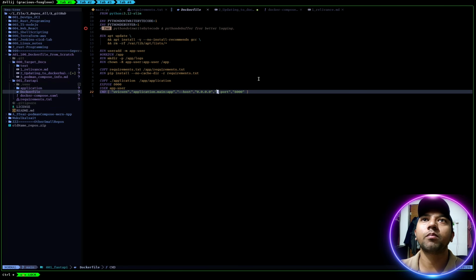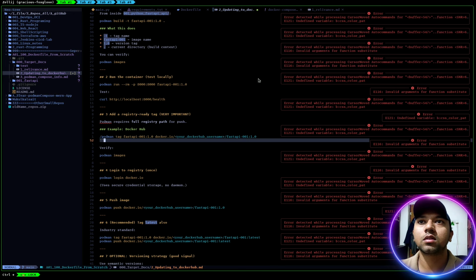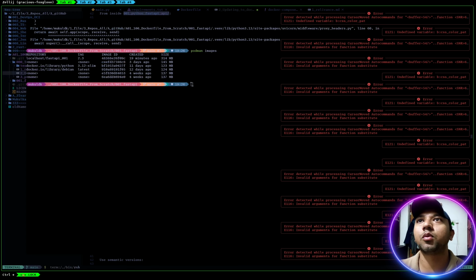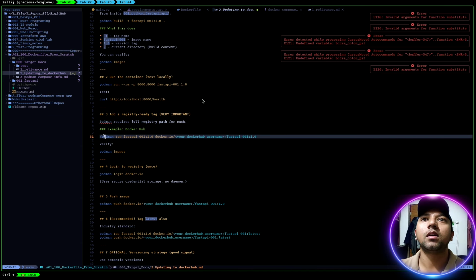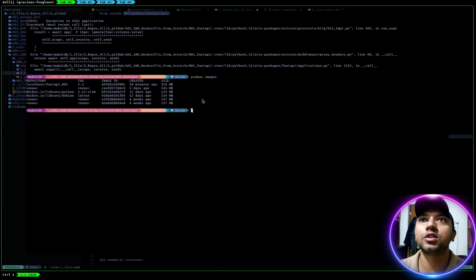Okay, so let's follow this thing. Podman tag FastAPI, this is the version number. Okay, we are going to give the Docker Hub repository name, that is MukulDK here, and then FastAPI. The version number we have to give to the repository. So let's do this. Podman tag FastAPI 001 2.3, then